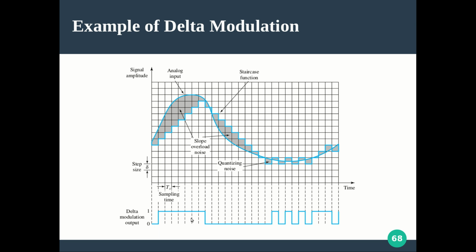So like that, from the digital information, it is straightforward to generate the staircase function by knowing the step size correctly. Once we get the staircase function, we can smoothen it, or pass it through some kind of a filter to retrieve the original analog signal. How the filter works, we are not talking about here.